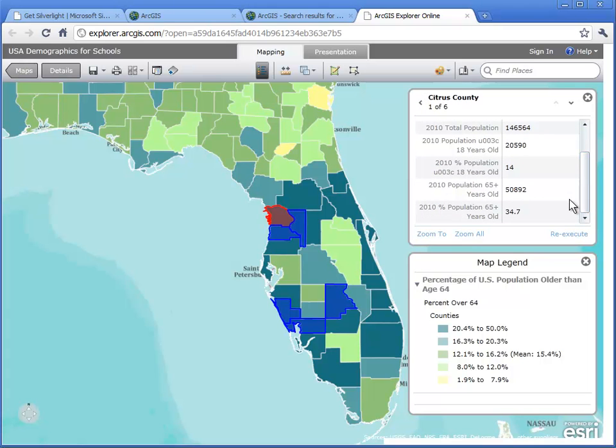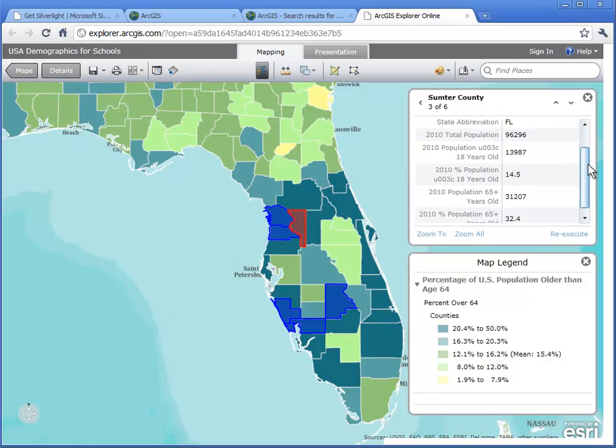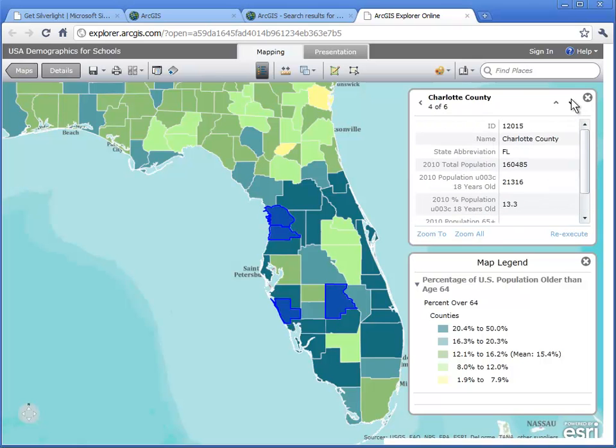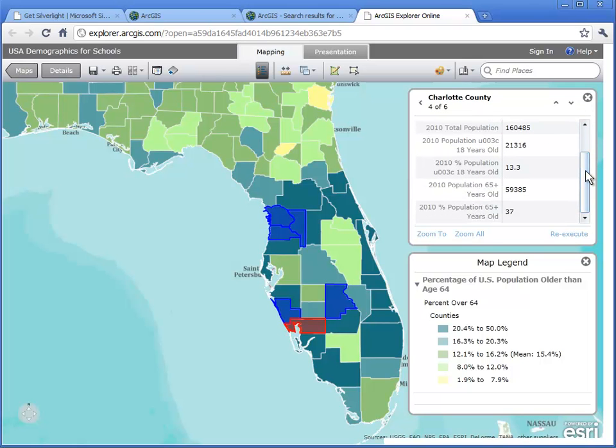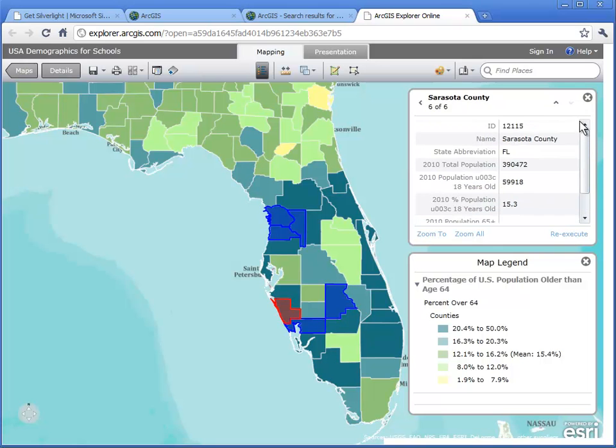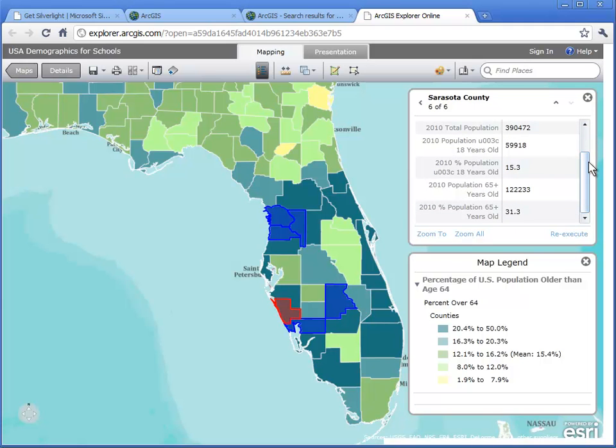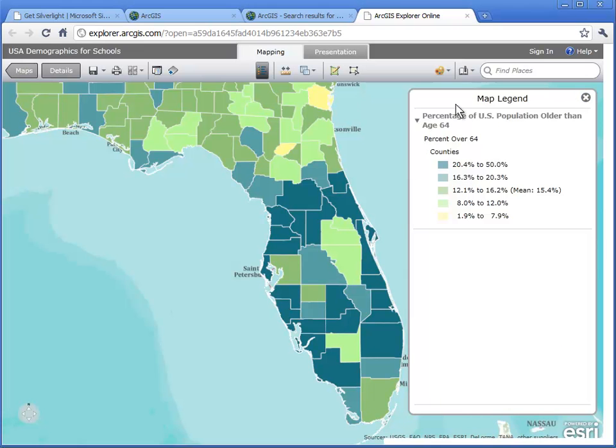We can look at this one by one, 34.7. And so we can work our way through these counties and find the ones that are the highs and the lows. And wow, there's 37%. That is, looks like that's going to be probably the highest one of these. Pretty big. Okay, so this querying capacity in conjunction with the mapping and analysis tools that you have from symbolization and classification,